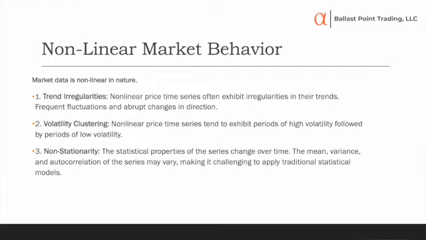Volatility clustering we talked about. Market data is what we call non-stationary. It means that it moves. It doesn't stay in the same place. Stationary means it stays in the same place. So there are indicators and data points that I use that are stationary data sets. Percentage of stocks over 50-day moving average, that would be a stationary data set. It can only go from 0 to 100, so it doesn't go anywhere. Non-stationary data, like a regular stock chart, will move through time. So it's non-stationary.